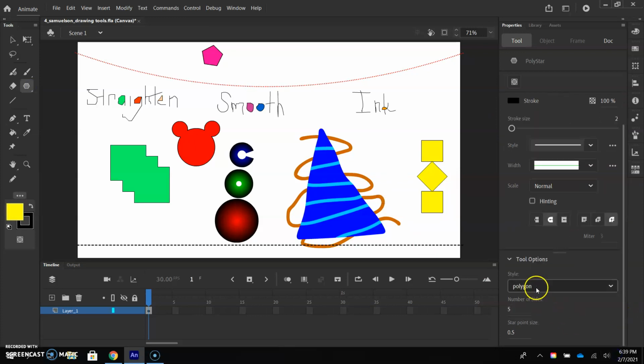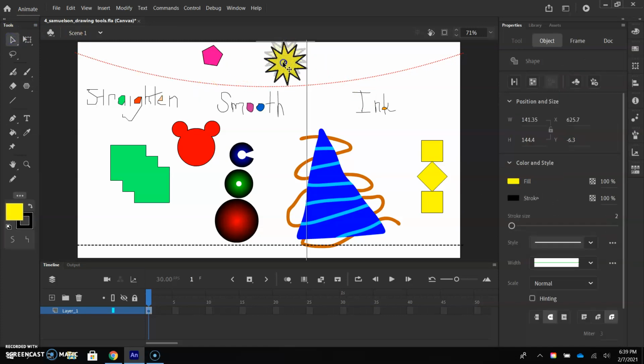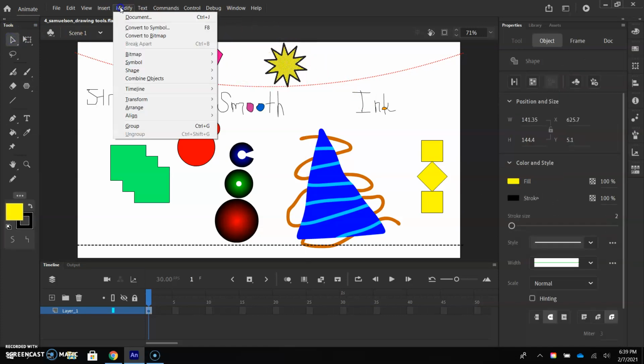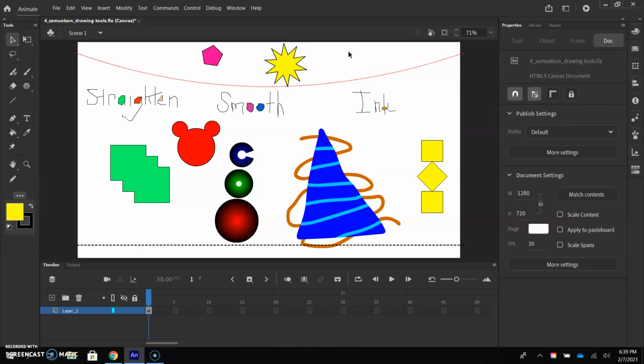Now I can change it to a star, and I can change how many sides I want. Okay, so the standard would be 5, but I could make a 10-point star and put it up here, and it too needs to be double clicked so that I can combine objects and make it a union for a drawing object. So now we just want to Control S to save, or File and Save, and we want to